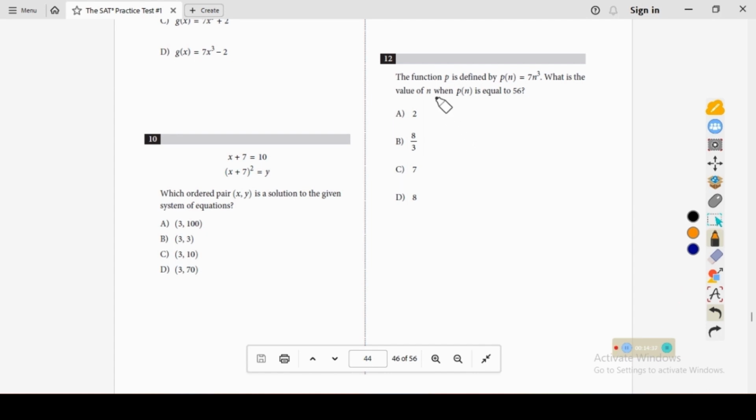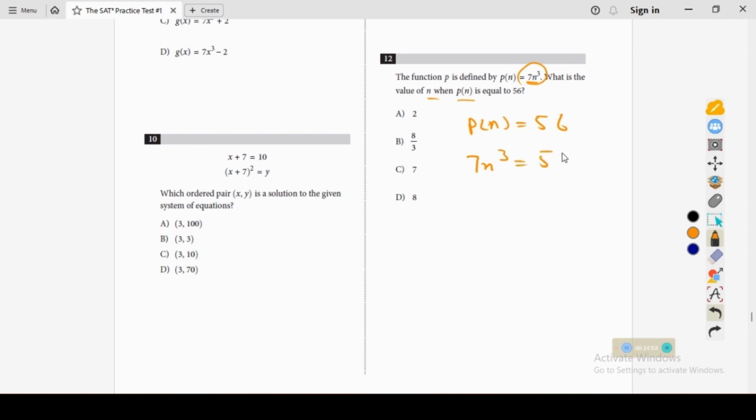In question number 12, the function p is defined by p of n equals 7n cube. What is the value of n when p of n is equal to 56? Since p of n is equal to 56 and the value of p of n is 7n cube, then the equation becomes 7n cube equals 56. Just by dividing by 7 on both sides, it becomes n cube equals 8, and we can write it